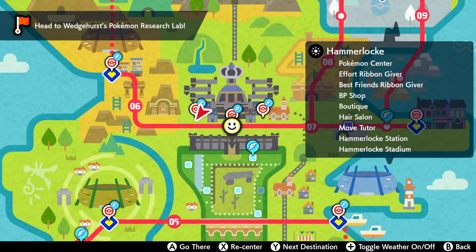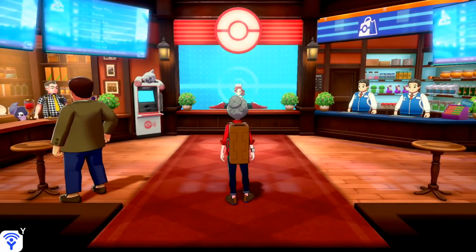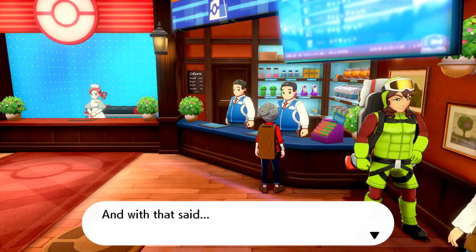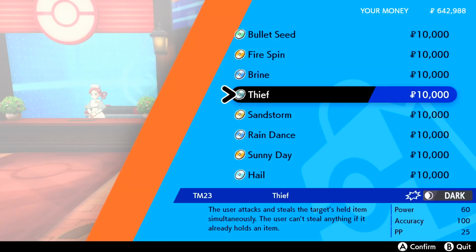To begin with, just a little bit of preparation. You are going to want to head to the westernmost Hammerlock Pokemon Center, as this is going to be the location where you can purchase a really helpful TM that is going to make your life so much easier. Speak to the cashier just to the right of the Pokemon, right here, and you are going to want to purchase TM23 Thief. Thief is an attack that allows you to steal the target's held item if the user isn't